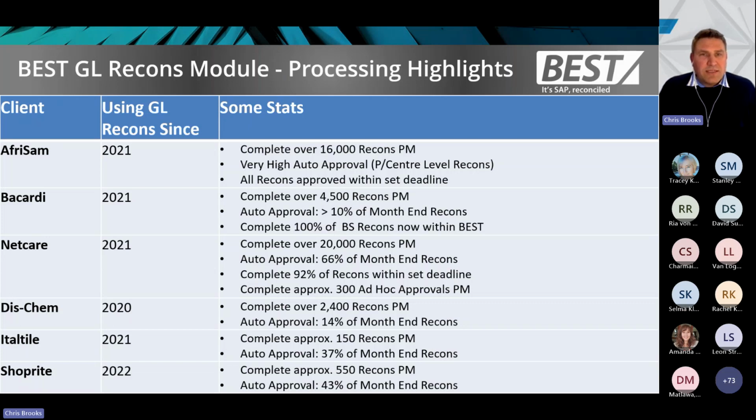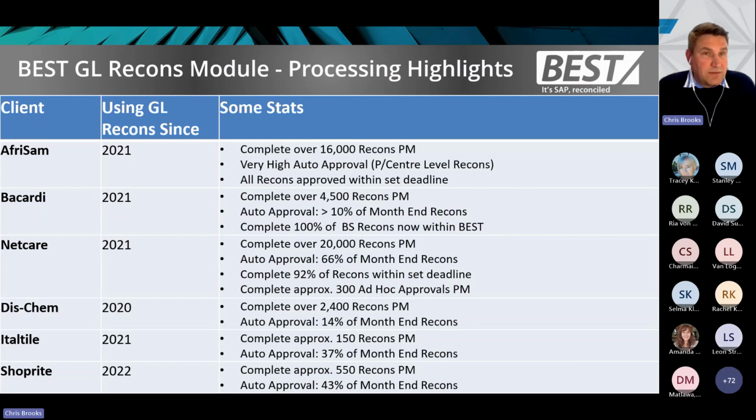And what I thought was worth noting is that they're completing about 300 ad hoc approvals per month. Now, I hadn't mentioned ad hoc approvals, but this is an approval that you can do within the system that sits outside of your formal approval process. And it's very useful to be able to keep track of this if perhaps it's a control check that needs to be done. It could be a financial director that wants to do it. It could be internal audit. And they could actually go in at any point in time, spot check a recon, check that the attachment's being done, and then they could do this ad hoc approval, and you have full visibility that it was done. So in Netcare, obviously, they're using that ad hoc approval very well within their system.